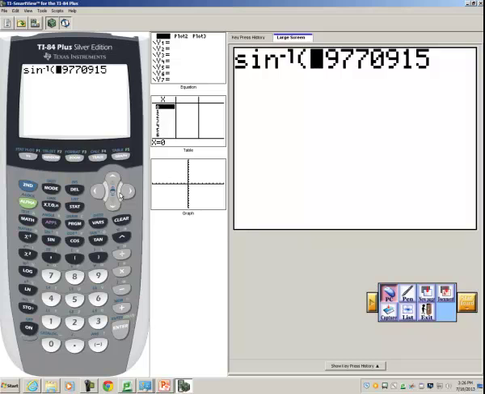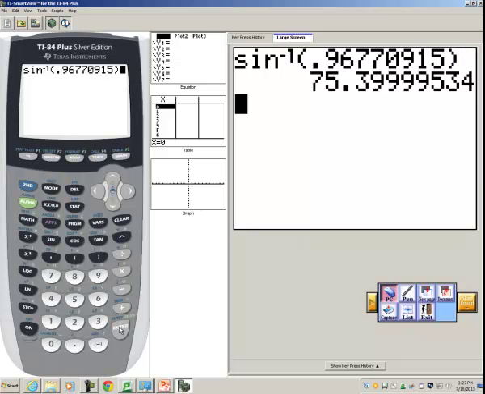That should be 0.96. So we'll hit second and insert, put 6 in there, and there we go. It shoves it over. 0.967700915. Okay, and then I always like to close the parentheses. I don't like to leave a set of parentheses